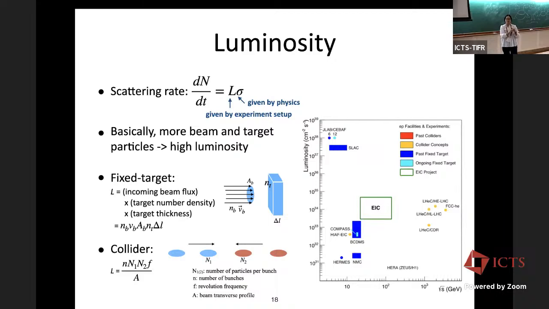A more focused beam will give you higher luminosity, but it's pretty hard to make a very focused beam if you think about putting all the charged particles together in a very tiny profile. It will depend on the beam profile as well. There are actually other parameters or factors that go into determining the actual luminosity. And in a collider, for example for EIC, there are some factors that limit how high we can go for the luminosity as well. For example, the synchrotron radiation for the electron beam will limit the electron beam energy.